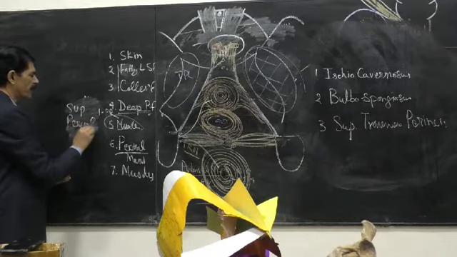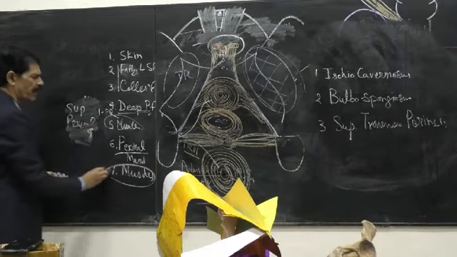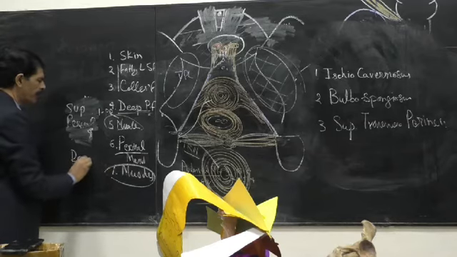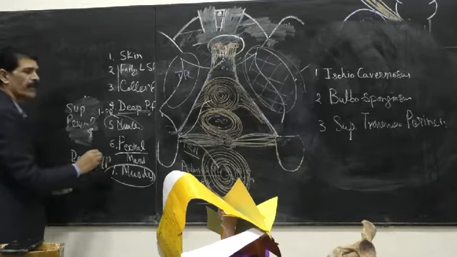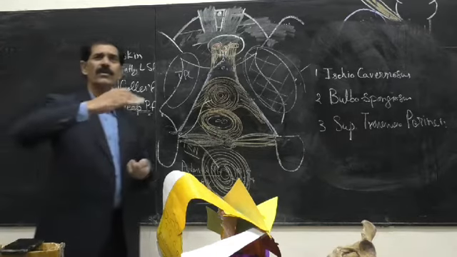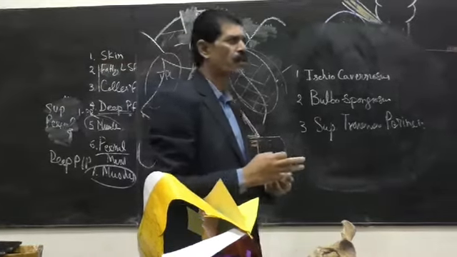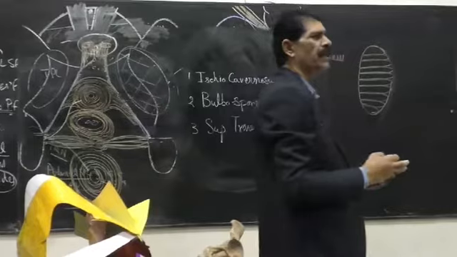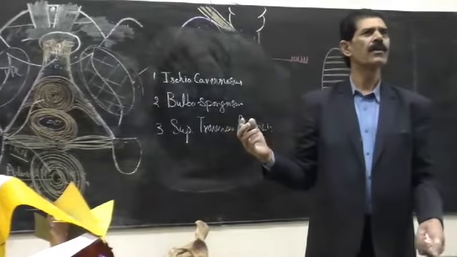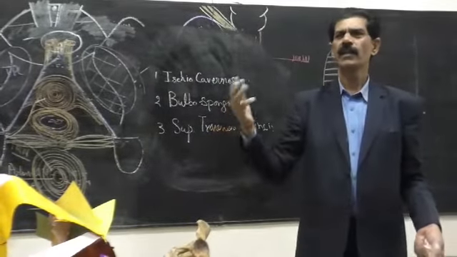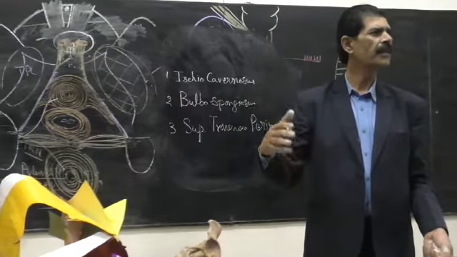Superficial perineal space. And the last muscle we have done is the deep perineal pouch of the space. So two spaces are created because of these 7 layers. One is the superficial perineal pouch of the space, the other is the deep perineal pouch of the space. So the question is usually asked: explain the superficial perineal pouch and the deep perineal pouch.